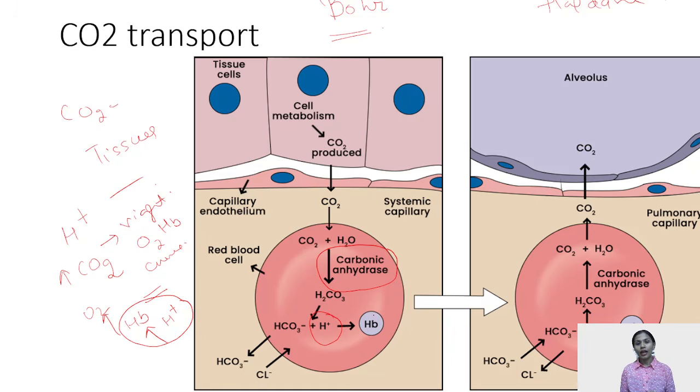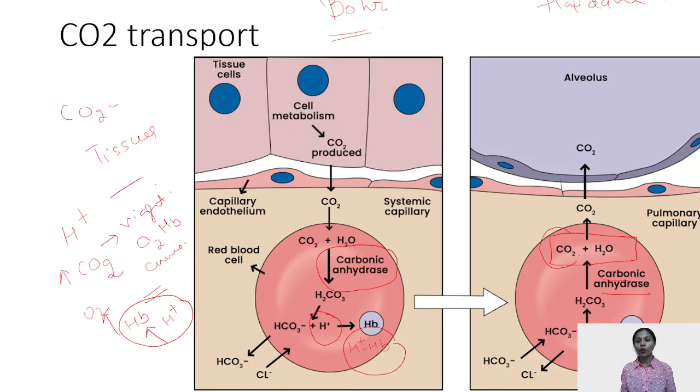And eventually we have H positive hemoglobin that is carried to our pulmonary capillaries to be converted back into CO2 plus H2O under the influence of the same enzyme, that is the carbonic anhydrase, and eventually this